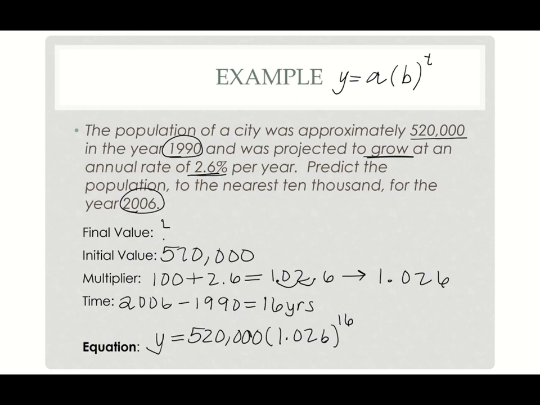So if I plug this into my calculator, I have 520,000 times 1.026 raised to the 16th power. Remember, I use that caret button under clear in order to raise something to the power. So when I plug this in, I get 784,081. Now, if I follow directions, it says to the nearest 10,000. So I would cut it off at 784,000